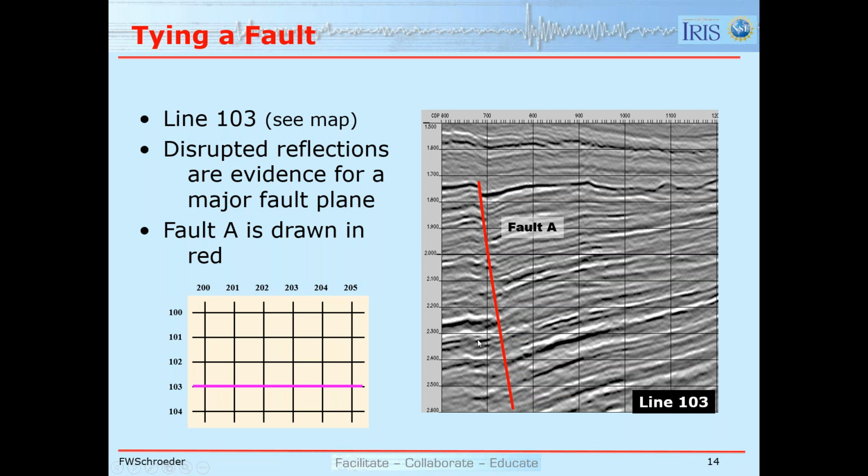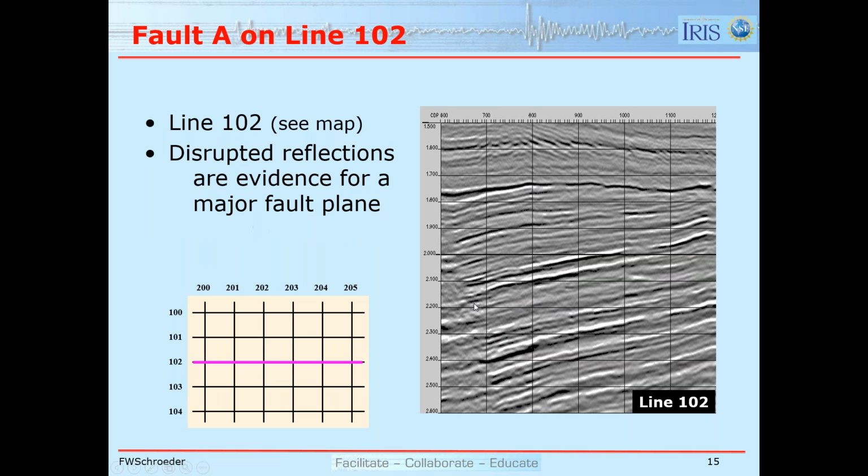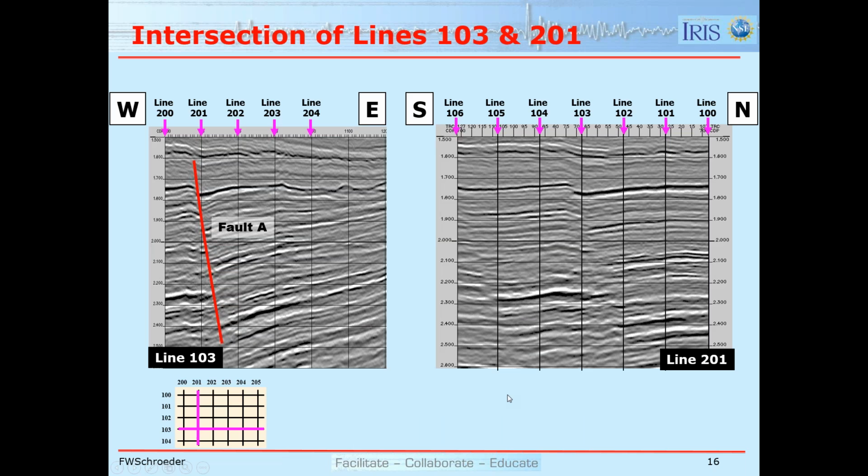The imaging isn't perfect, so we could argue whether the red line should be a little steeper or a little gentler, but it seems to me at least quite apparent that there is a fault offsetting the stratigraphy at about that location. So that's line 103. Now we'll move up to 102, a little bit to the north, and that's where I think fault A is located. So now we can take line 103, our first interpreted west to east line, and look at where it intersects line 201, the north-south line. Line 201 south to north intersects at this location,